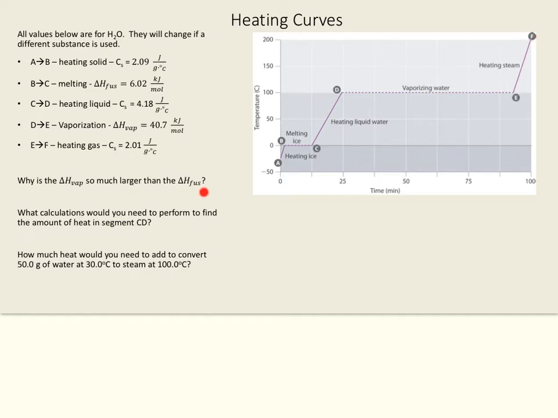And so the first question here is, why is the delta H of vaporization so much larger than the delta H of fusion? Well, the delta H of fusion is melting the ice, right? So if we have ice, the molecules are really close together. Okay? And so we only have to separate them a little bit to turn them into a liquid. Now, if we want to turn it into a gas, we have to spread these molecules out way far apart,